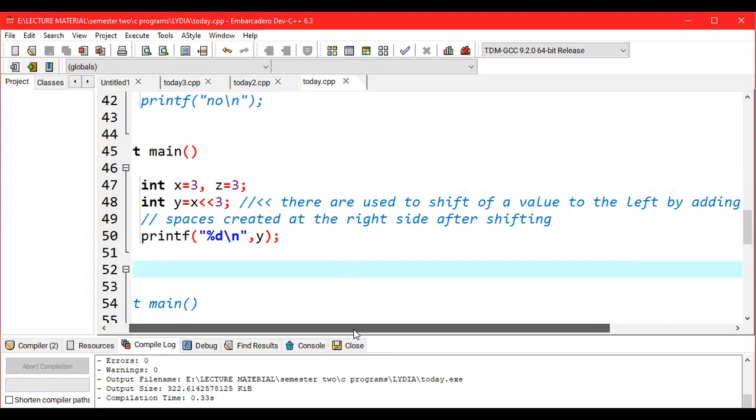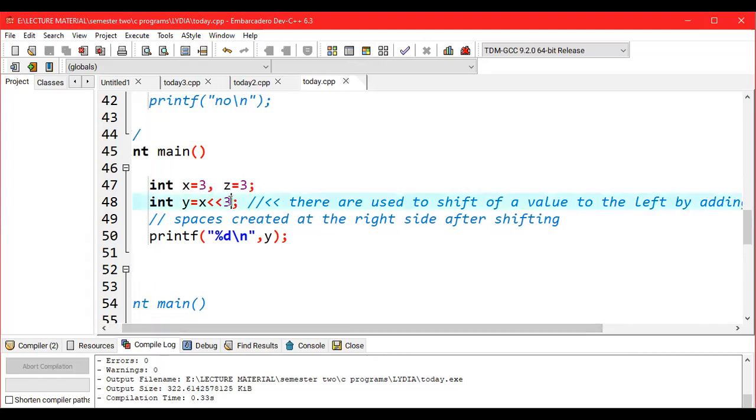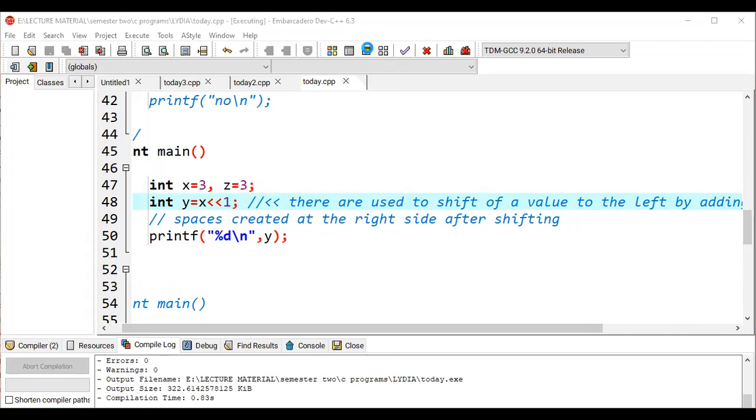Maybe let me remove this one and I put a 1 and I see what it does. Maybe it is giving some funny things. I'm trying to understand. Remember, originally it had brought 6. It had y is equal to x less than 3, right? So what it is trying to mean is it is telling us that